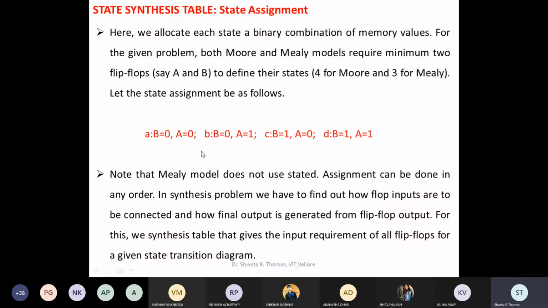Okay. So it is not compulsory to give states A, B, C, D this fixed assignment value 0, 0, 0, 1, 1, 0, 1, 1. You may change the values also. You can either take 1, 1 first and 0, 0 last. It's up to you. There is no fixed criteria for state assignment. This value may differ. The order may differ. So this order 0, 0, 0, 1, 1, 0, 1, 1 may change.